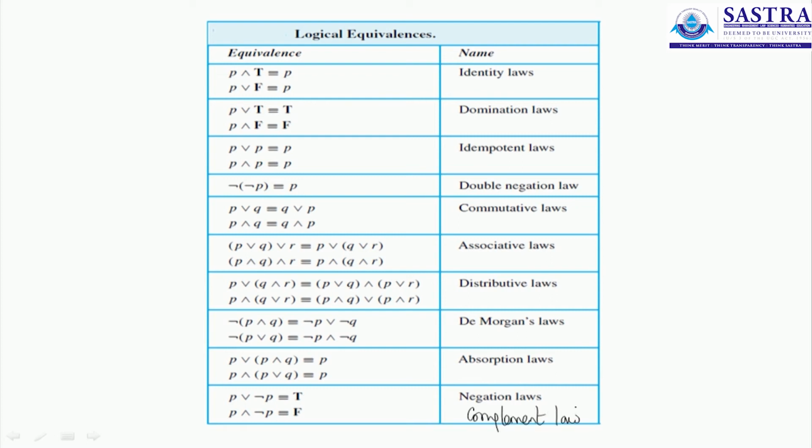The reason why we learn so many equivalent statements is that, first of all, they are elementary. Verification doesn't take long. And second, later when we are trying to solve problems in theory of inference, we will quote these laws. So you don't have to prove these equivalent statements every time when you are solving problems under the theory of inference. You can just quote these laws and then use them as and when you wish to use them in the proofs.